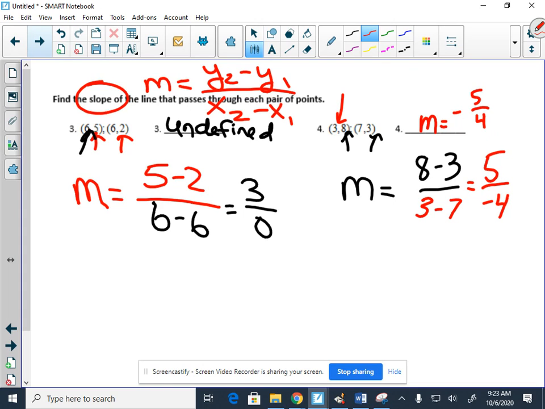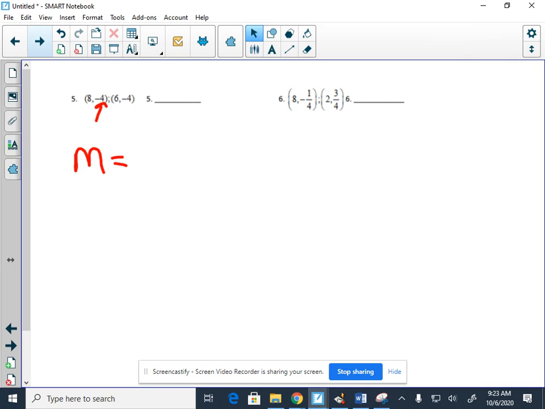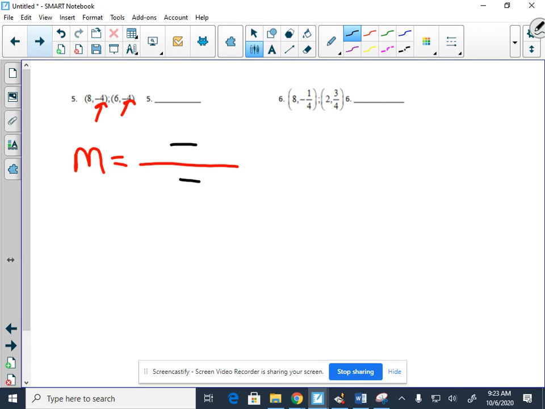Good? Whoop, wrong one. Pointed at an x. What about the y's? Now remember, in the formula, it's always subtract. So this is -4 subtract -4. That negative is going to turn into a positive. So this becomes